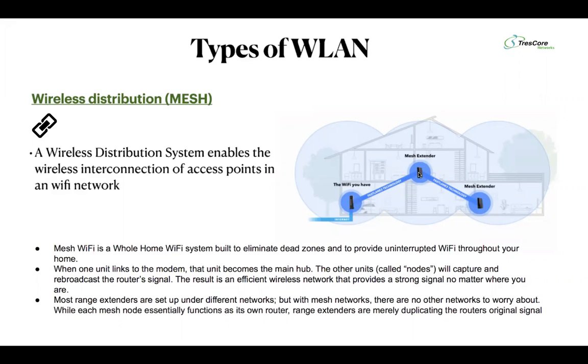But with an extender, like in the previous one, you may get maybe 75, 50. Previously, if it was 0, you would get 50% signal strength, but it's still just trying to amplify the original